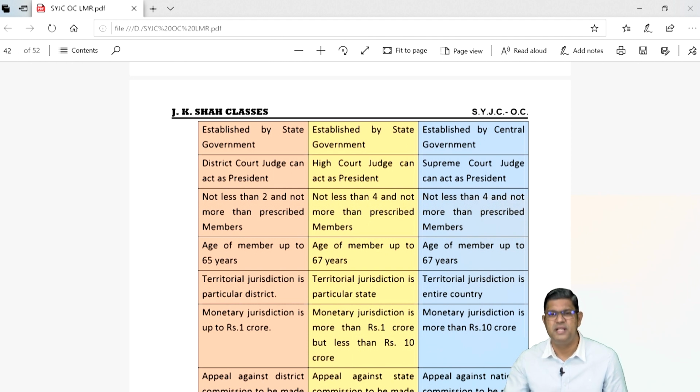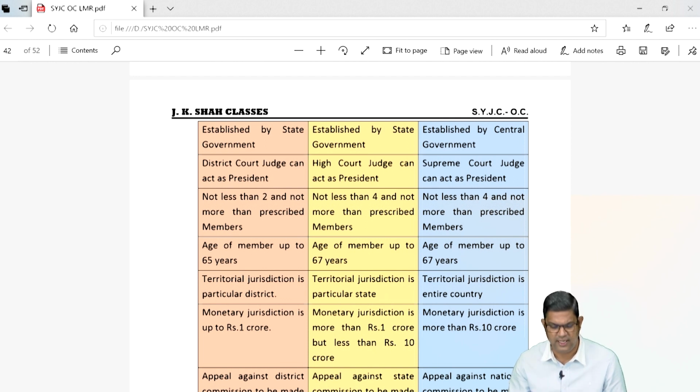Okay. Now, what is the age limit of such type of members? Yeah, what is their tenure? So once the member has been elected, they will be in the office for 5 years. Okay? या उनका एज जब तक 65 का नहीं होता तब तक they can continue in their position. Then for state commission, the age of the member could be extended up to 67 years and same is the case for national commission. Here the member once appointed could be in the chair till he is 67 years old.